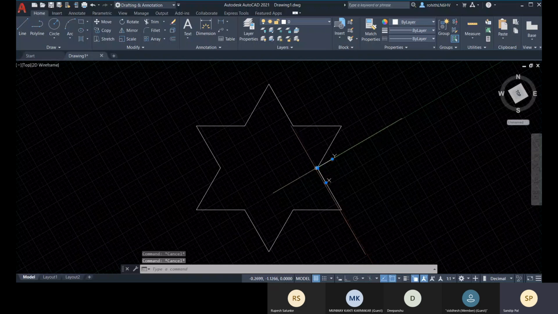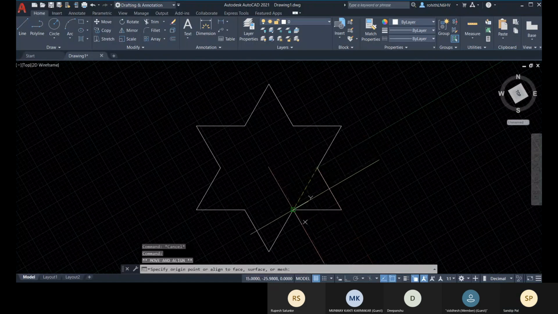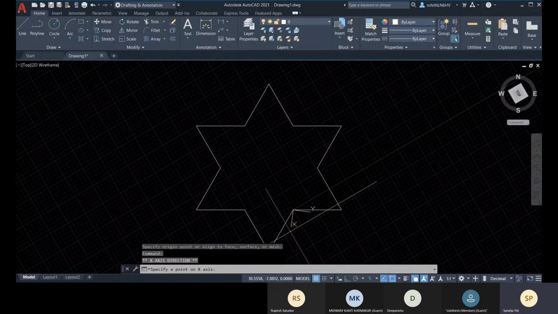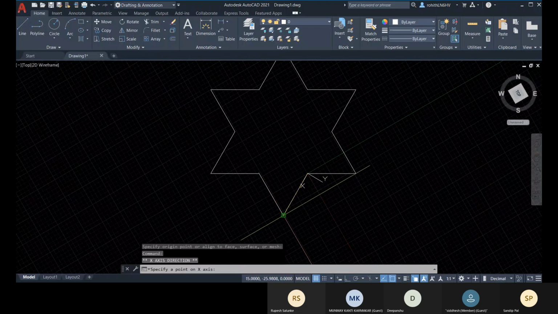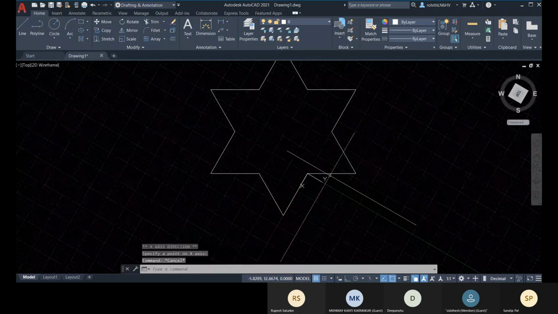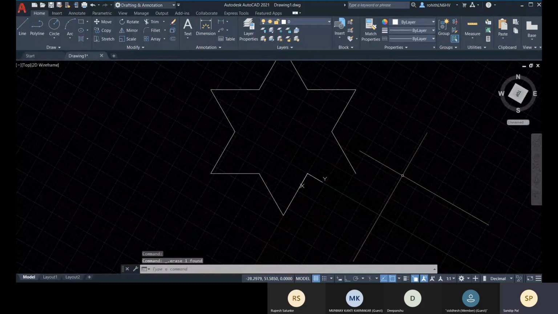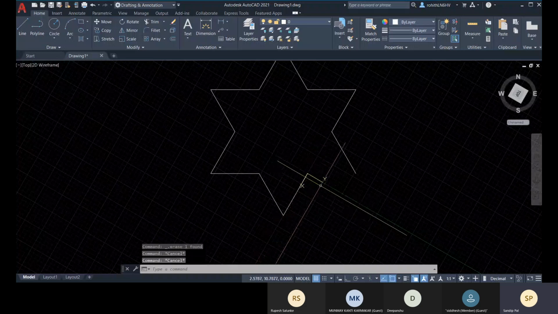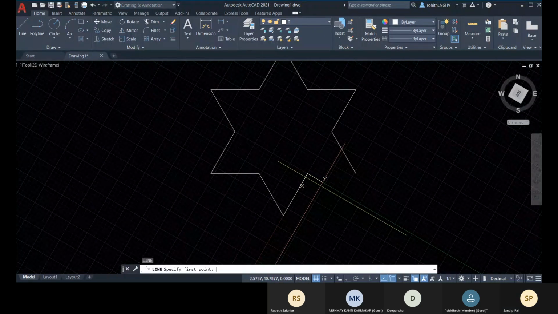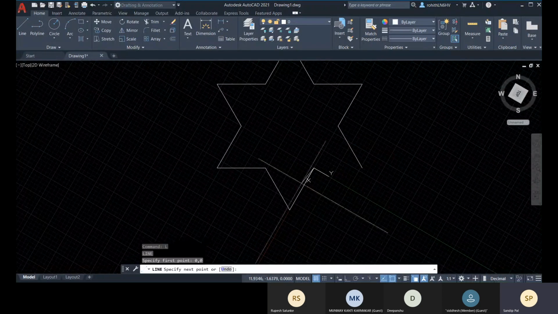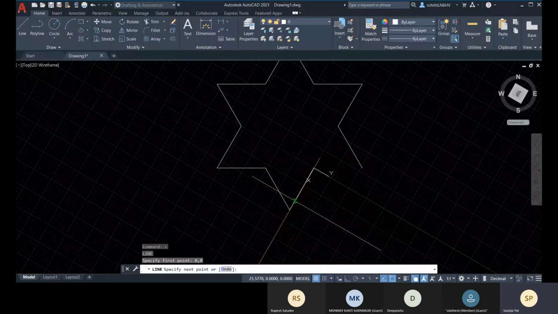Let me draw this line. If this is the origin, so L, enter, 0, 0, enter, and there you can see at the origin it is created, and it will be calculated from this initial direction towards the positive value.